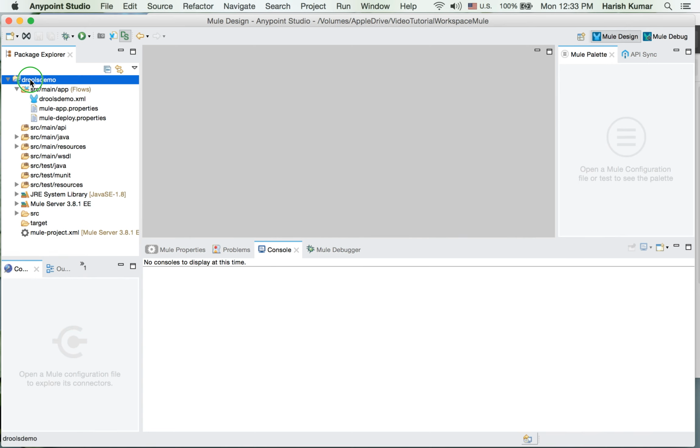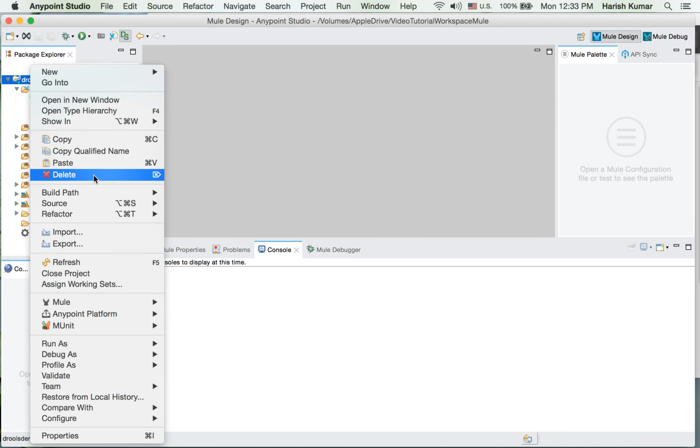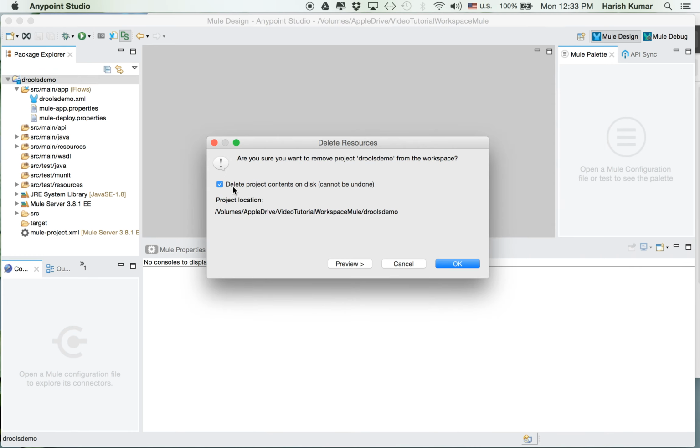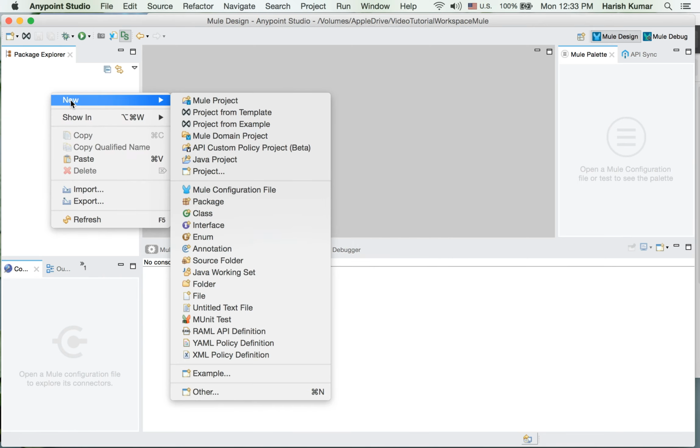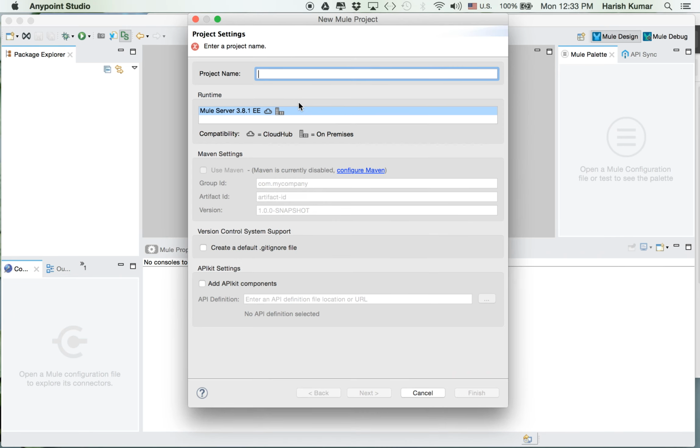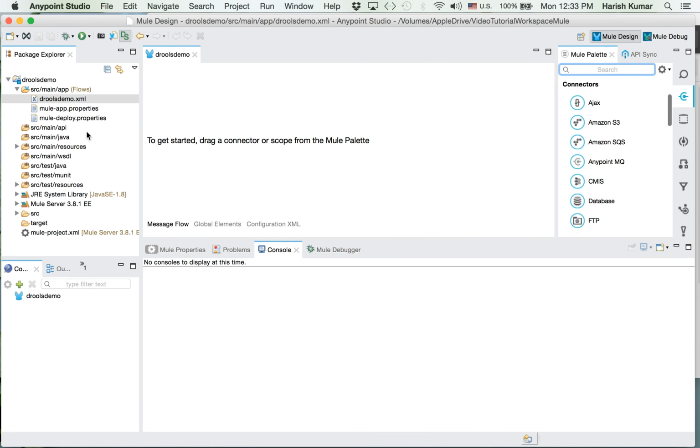I already had one project, so let me delete this, and let's delete this content also. Sorry about that. I was preparing for this demo and I forgot to remove it. So let's create a Mule project again. Let's name it DROOLS demo, and finish. If you want, you can use Maven also. Okay, so now we have a blank project,